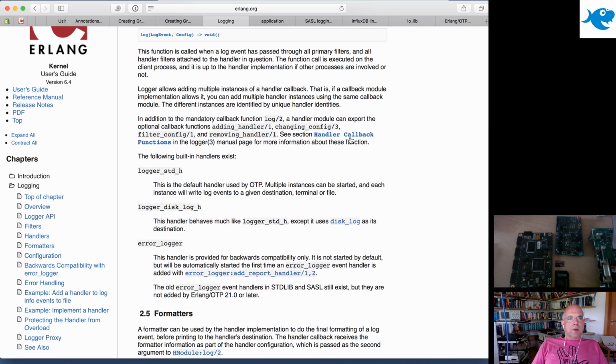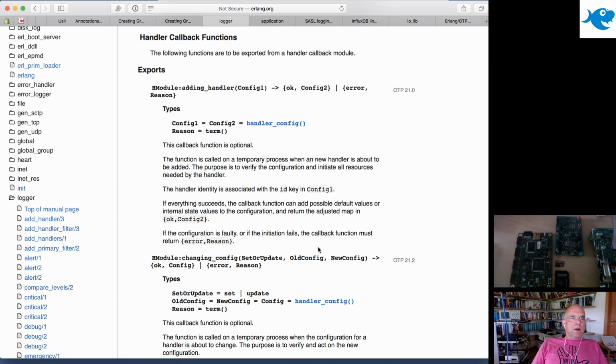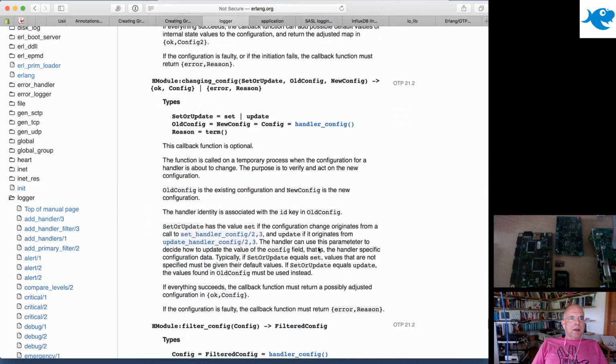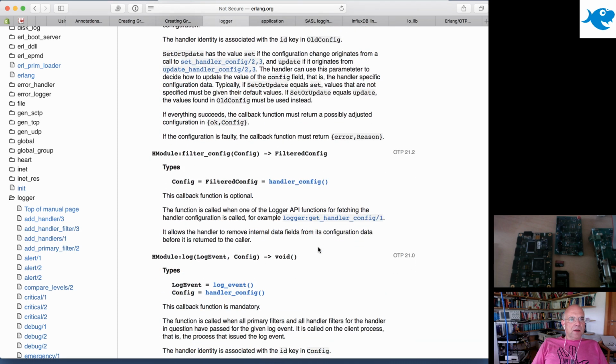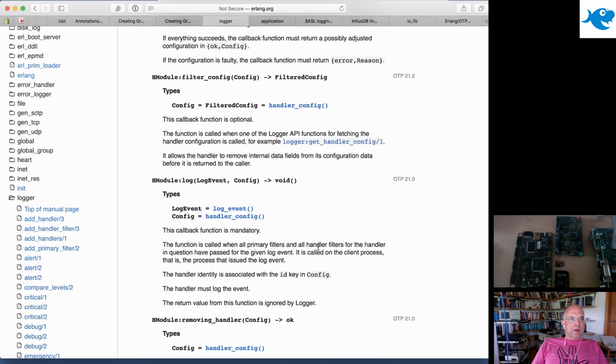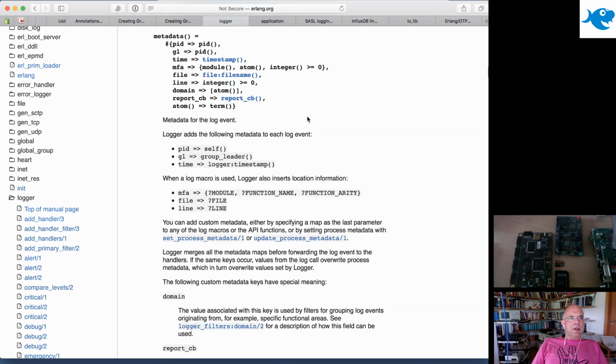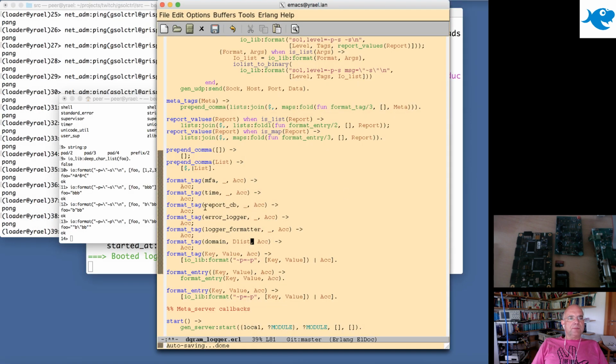Handlers, handler callback function, adding handler, changing handler, filter config. So we have a log event here, and we have the metadata here, and the domain is a list of atoms. So that's fine. So we format the domain nicely